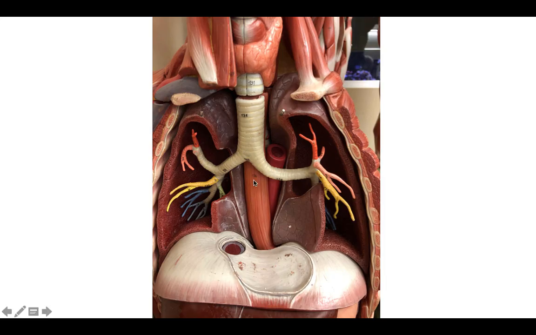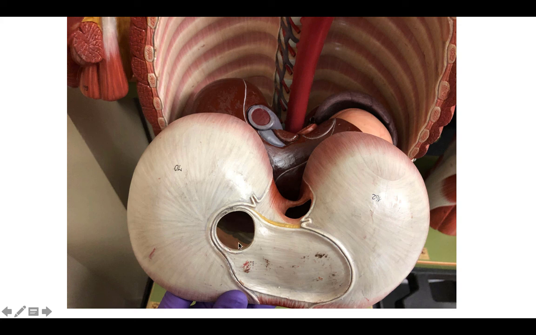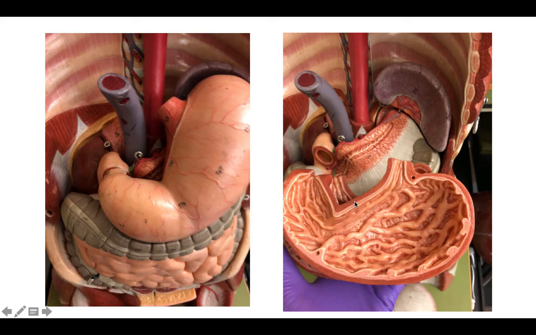So this one, I think I was just showing you the esophagus here. You can see the diaphragm, that the esophagus does have to move through the esophageal hiatus. You can see here is the inferior vena cava. So here is where the inferior vena cava penetrates the diaphragm. Here would be the esophageal hiatus, and then there's the aorta. And this is the diaphragm as you're going down here. Here you can see, of course, this is the stomach, and I'm opening it up here to show you the rugae, those folds. You can also see the pancreas here and the pancreatic duct,